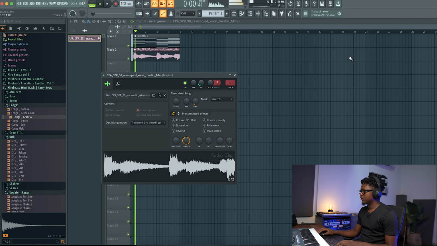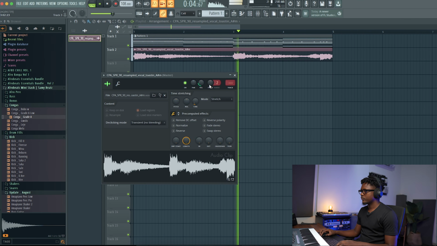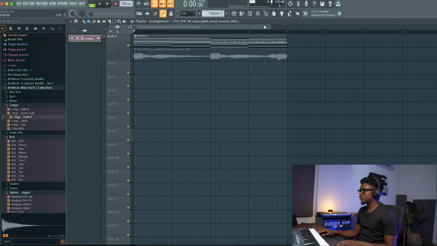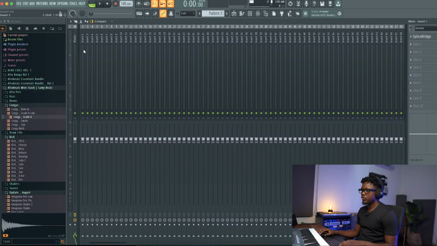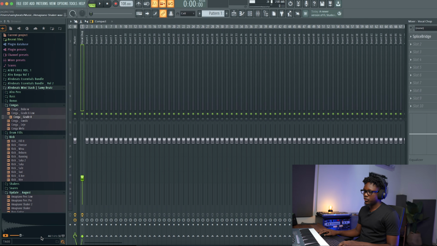And now, if you don't want to deal with trying to make it fit the tempo, another thing you can do is go here and rename this vocal chop, and then you arm your track right there, and then when you play now, you go to your Splice,